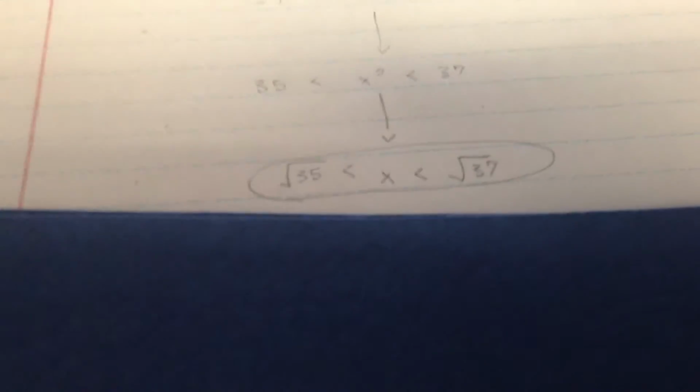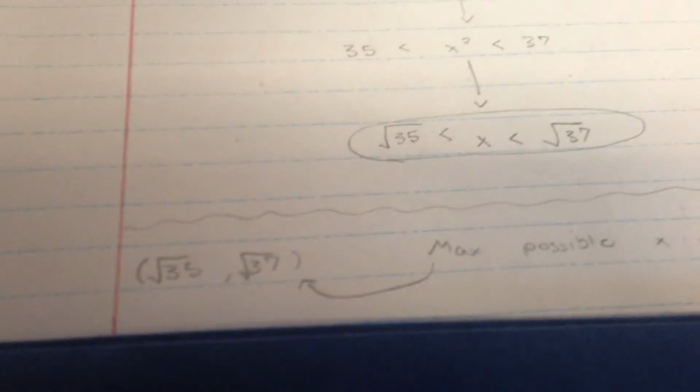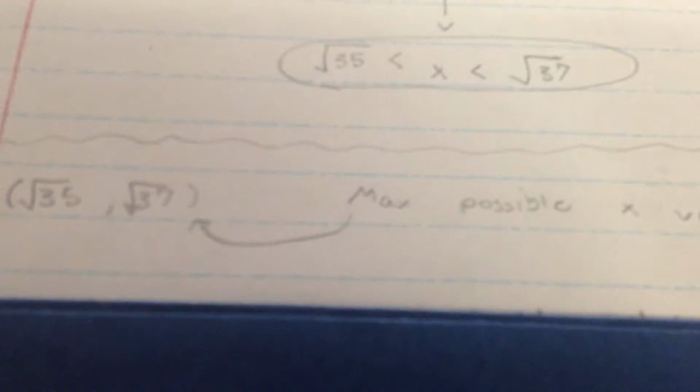And the second part of the problem is asking what is the largest value of delta, which must be greater than 0, such that for all x that satisfies 0 is less than the absolute value of x minus c, which is less than delta, the inequality holds. Since it wants the largest value, you're going to take the largest part of the open interval, which is root 37,